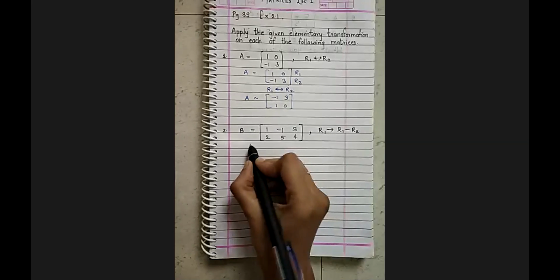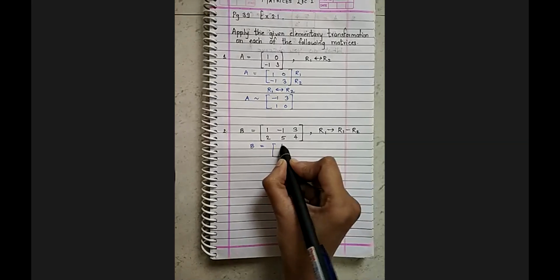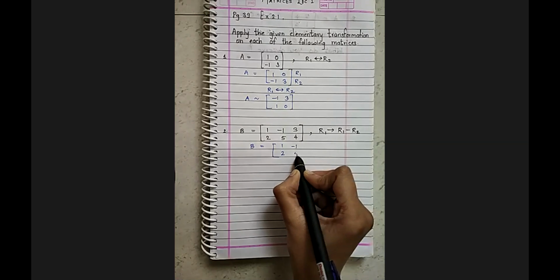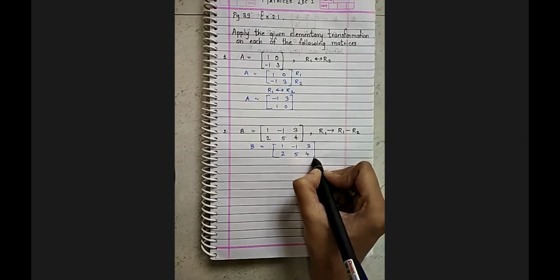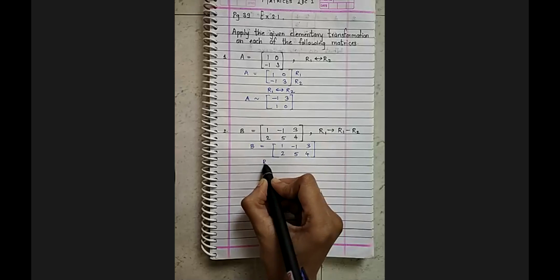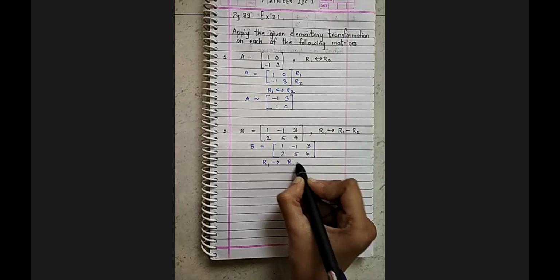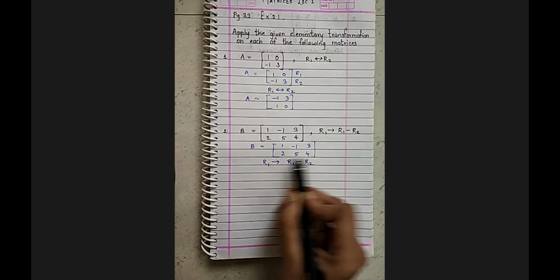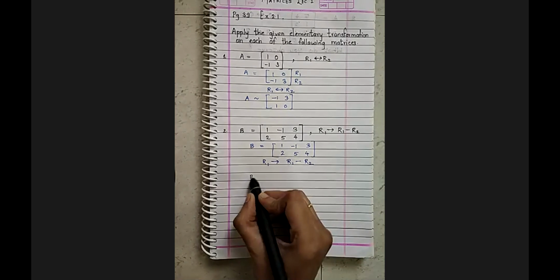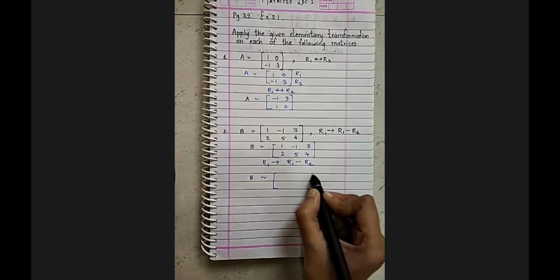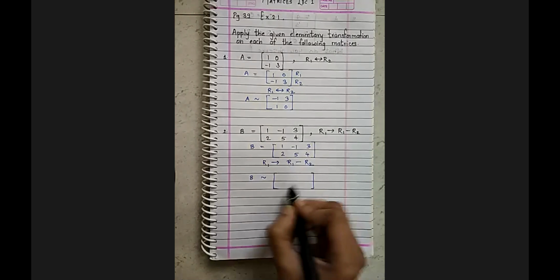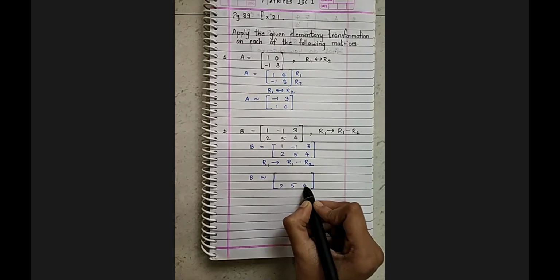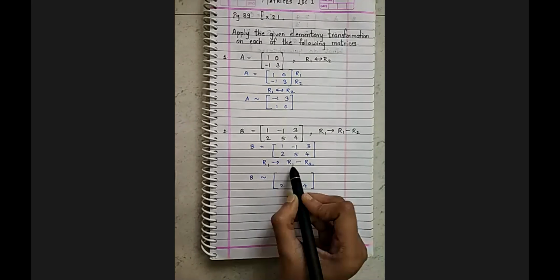Now similarly, you can solve the second one. I'll just write the given matrix first. This is the way you need to write the solution, students. Now I'm going to apply the operations. So R1 changes to R1 minus R2. I'm taking the help of R2 to change my R1, but nothing will happen to my R2 elements. So I'll write my R2 elements as it is. R1 becomes R1 minus R2.